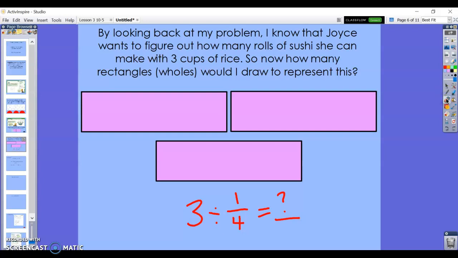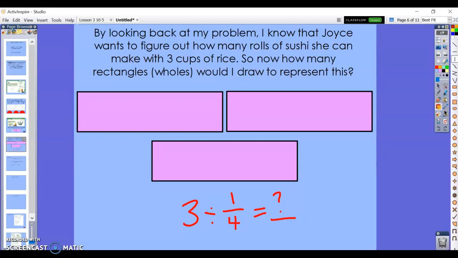So back to my visual, I'm going to split each one of these wholes into 4 equal parts, as best I can. So I'm going to take my first rectangle, divide it into 4 equal parts. My second rectangle, or my second cup, oh yeah, I'm going to have to move some of these lines. And my third cup, ooh,